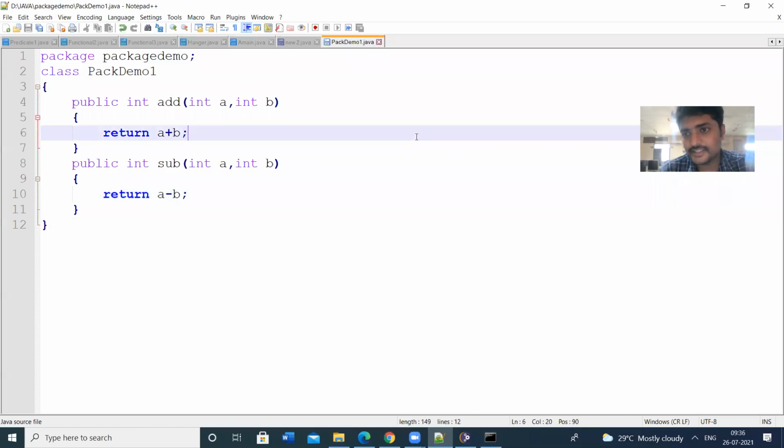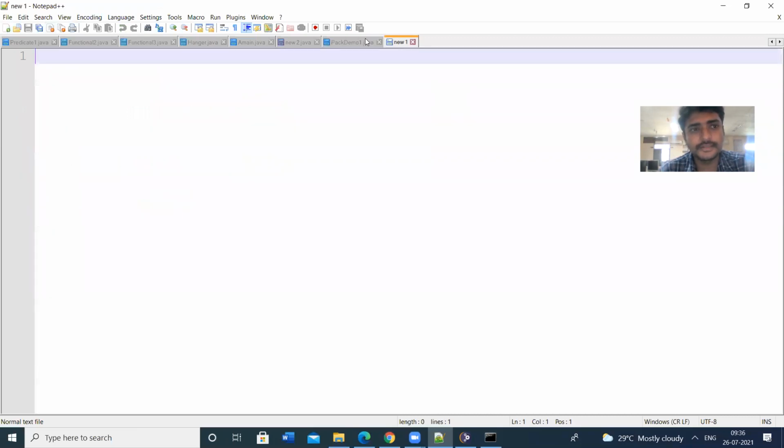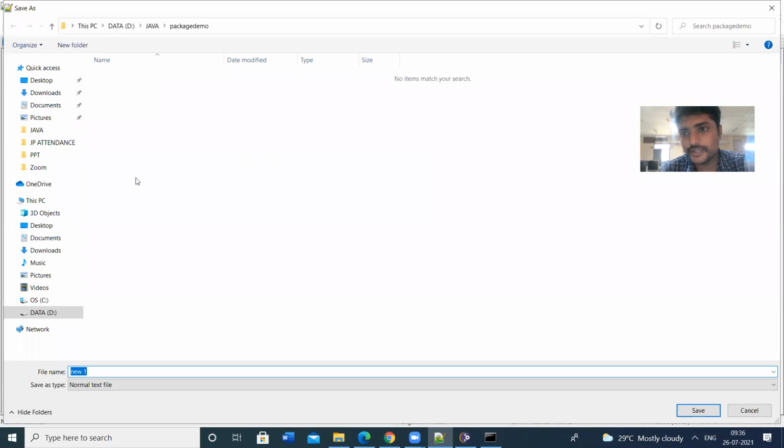So this is the creation of our own package. So this package has to be imported to another program. So let us create another program. Let us save this one first. So where should we save this program?